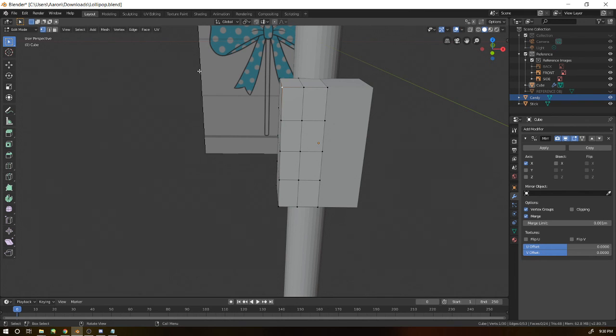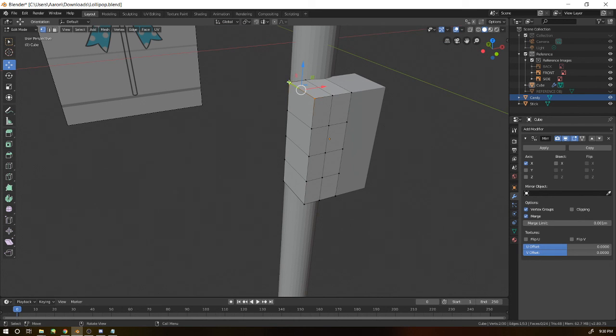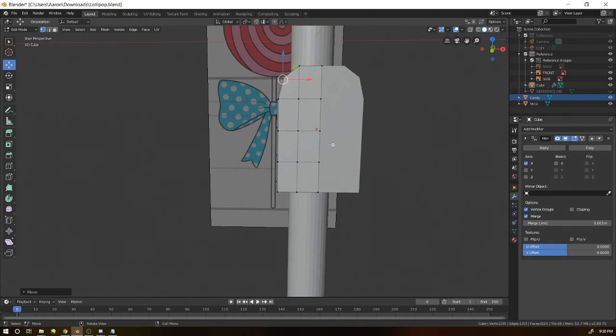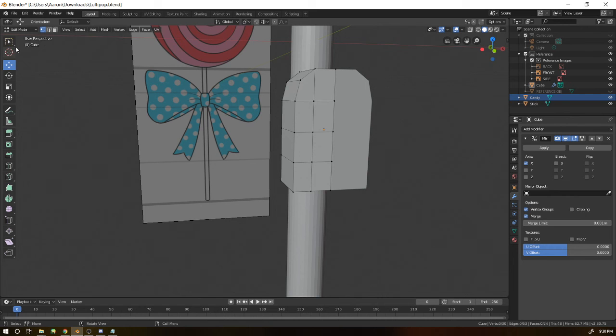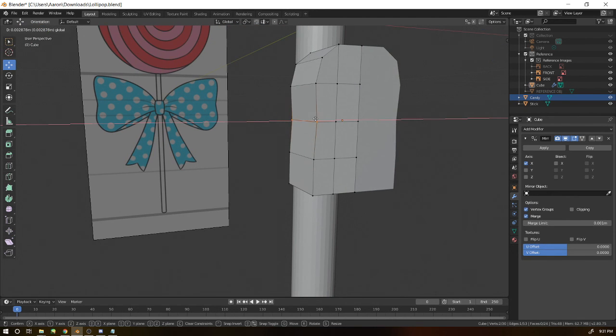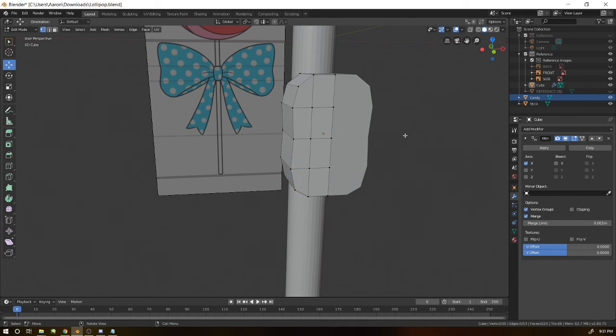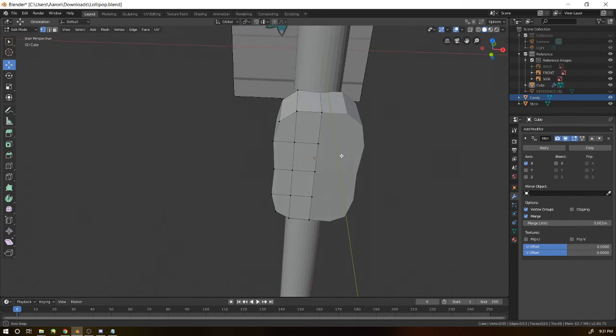Now I'm just going to start modifying the position of these vertices until I like the look of our bow tie. Again, you can hold down Shift and left click to select multiple objects at the same time. Remember to hit enter to confirm or click outside. Perfect, this is looking good. I think we're ready to go ahead and